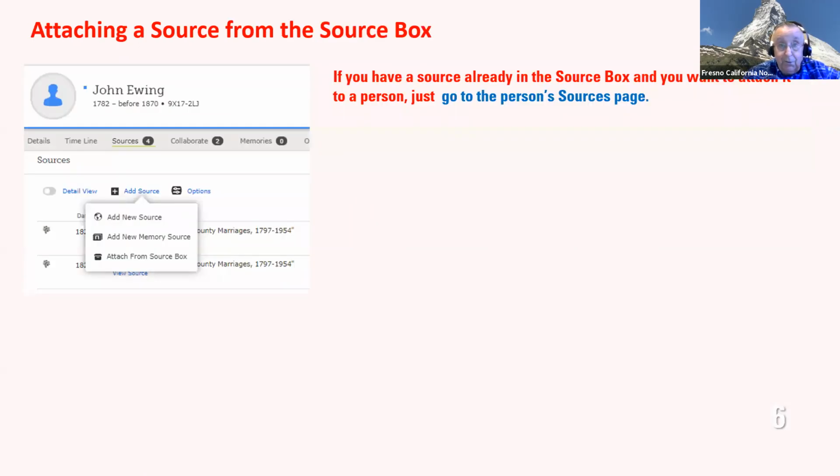Okay, attaching the source from the source box. If you already have a source in the source box and you want to attach it to a person, go to the person's source page. So I've gone over here to John Ewing,